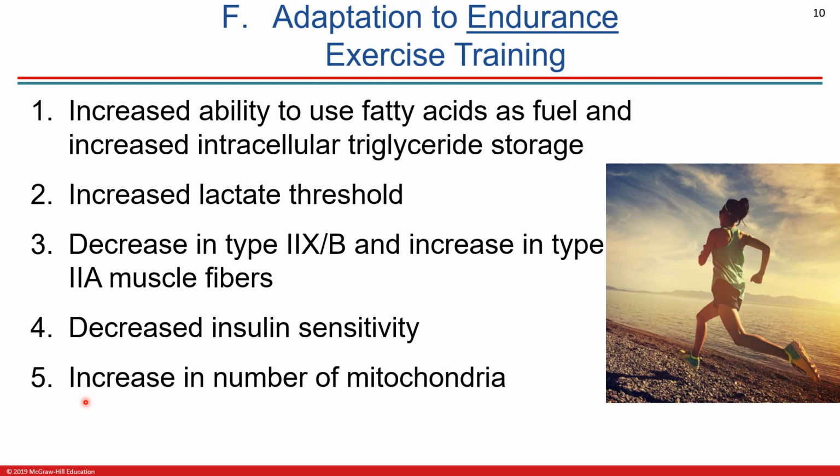And the last thing here is it's going to increase the number of mitochondria with training. And that's what we're going to see with increasing our lactate threshold, because if we have more mitochondria, then we're going to be able to use more oxygen effectively. So we won't need to make that lactate as quickly, and we'll be able to do more work without reaching that threshold so early. So these are 5 different ways that we can